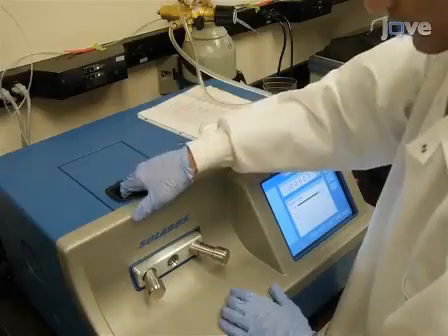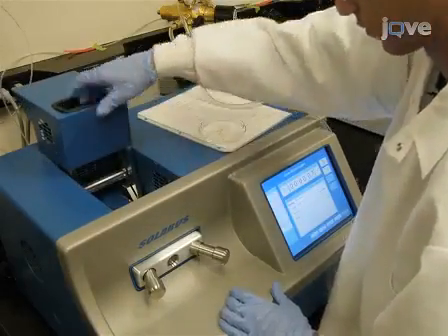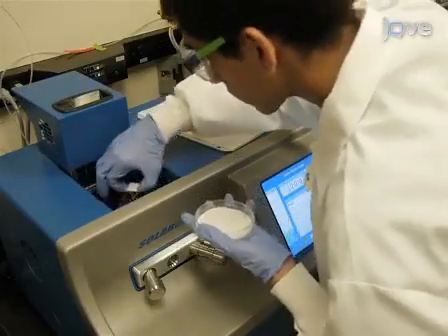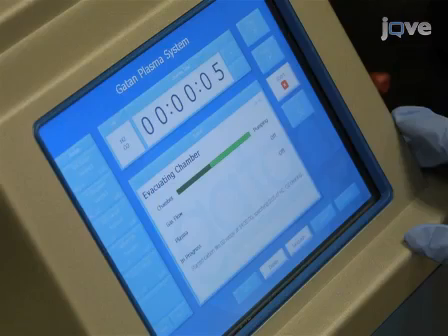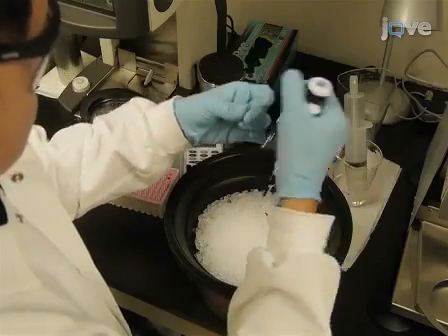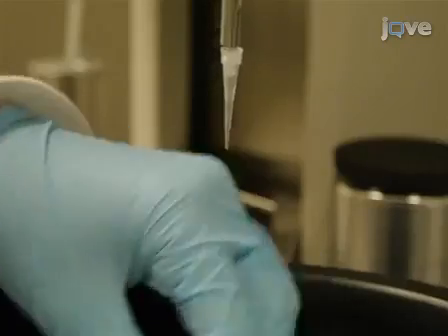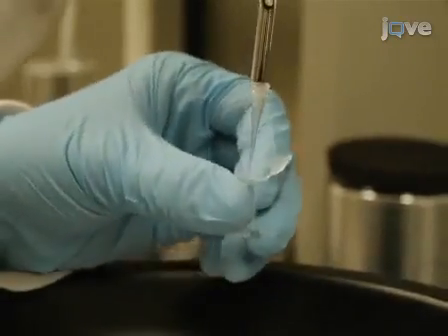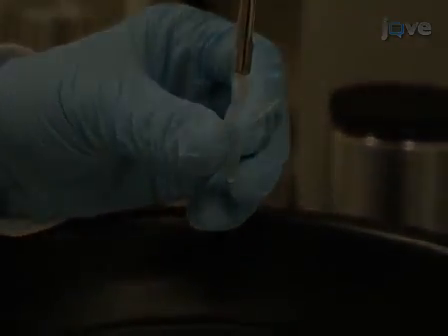To begin, the grids are placed inside a glow discharge unit. This device cleans the grids by exposing them to ionized gas. Now that the grids are ready for use, a suspension of viruses mixed with small gold particles is prepared. These particles